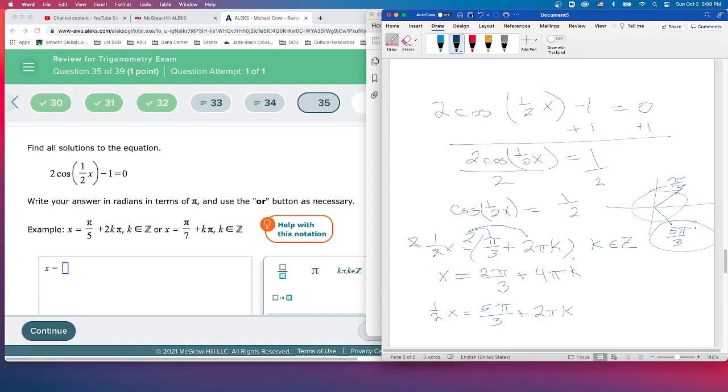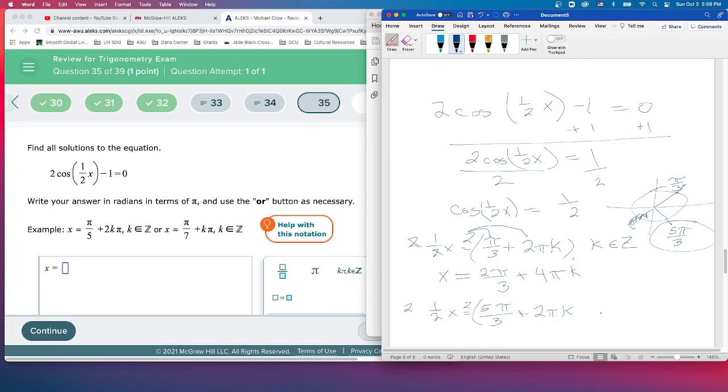Okay. Now the time when we only need k is if the solution was like back this way. Notice I could just add pi and I got it, and then I add pi and I got it. That usually will happen if we have a tangent, or if we're on the poles, like a positive 1 and a negative 1. But we're not. So for cosine, we have to have the 2 solutions, and then we keep adding 2 pi to it. Okay, and we do it first, and then we multiply by 2 to solve for x.